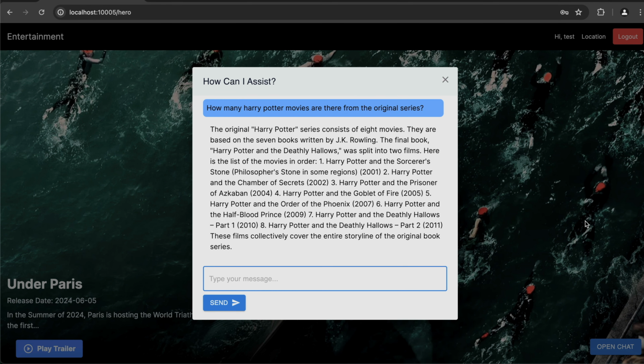Awesome. So we get a response back, and the response says the original Harry Potter series consists of 8 movies. They're based on 7 books written by J.K. Rowling. So this is awesome. Now another part we want to see is, is there a thread to this? From this response, can we get another response based off what the AI stated? Now can we go off of this and say, based on the response given,